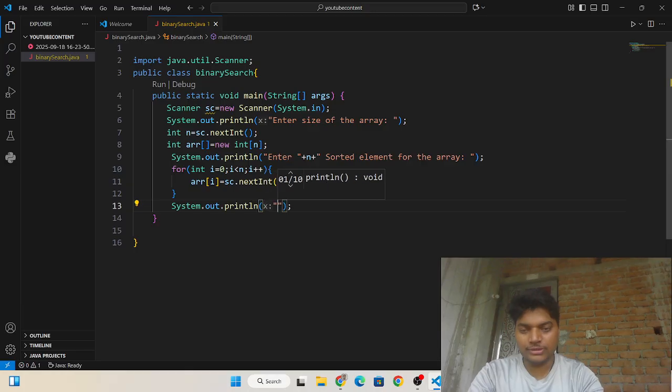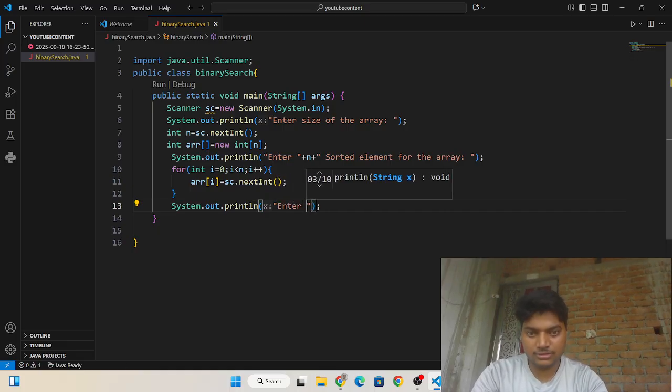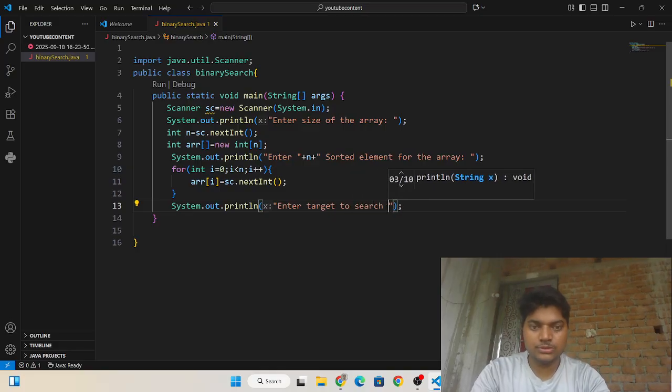Now I'm going to take the target that I need to search in the array. So I need to write here "Enter target to search in the array".